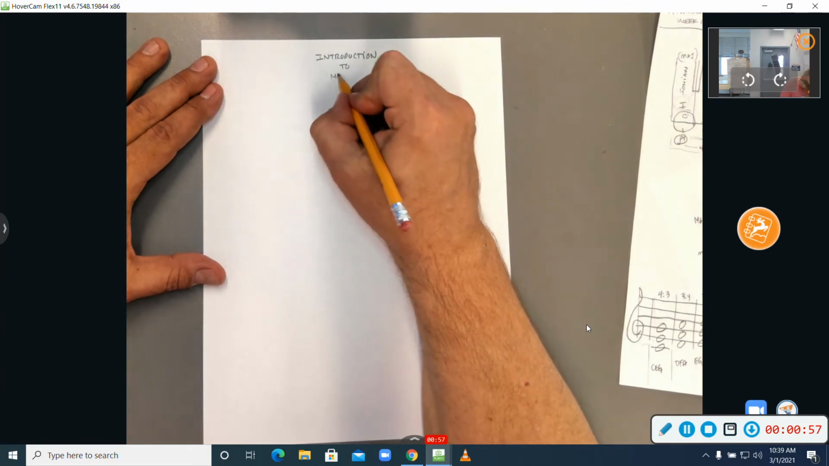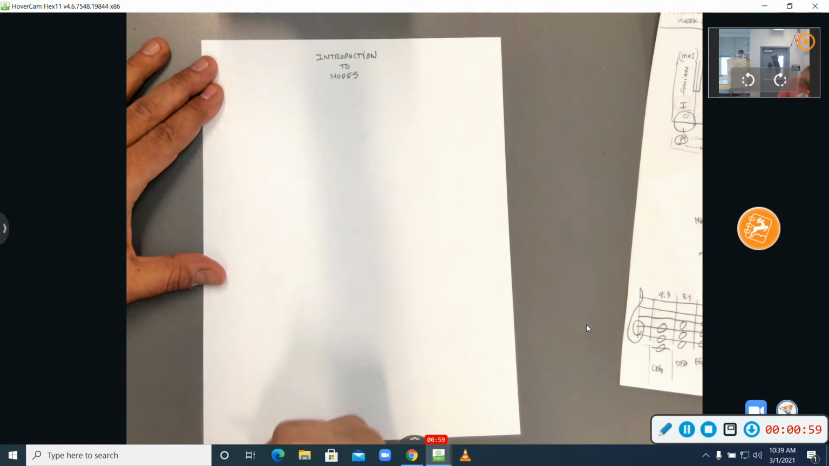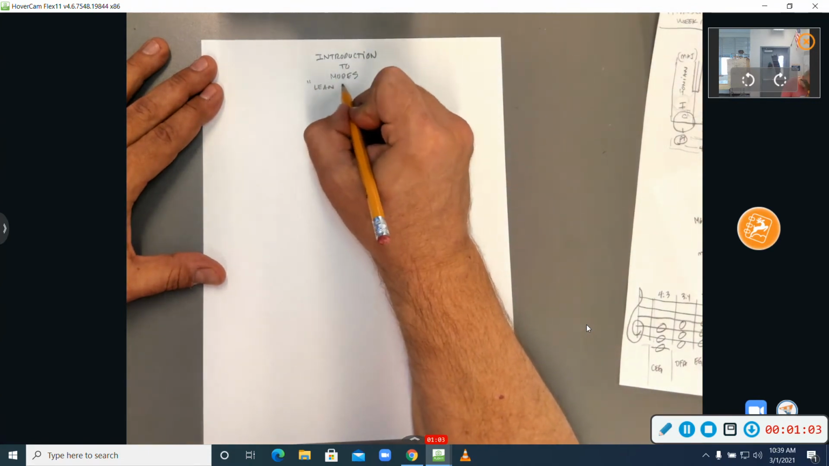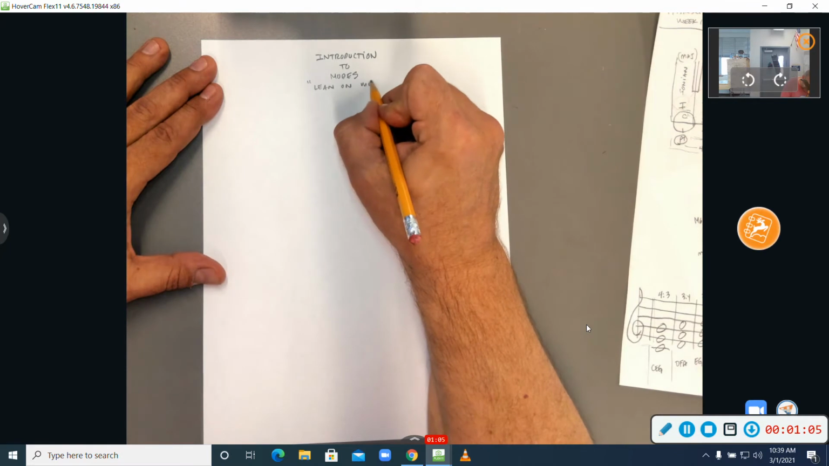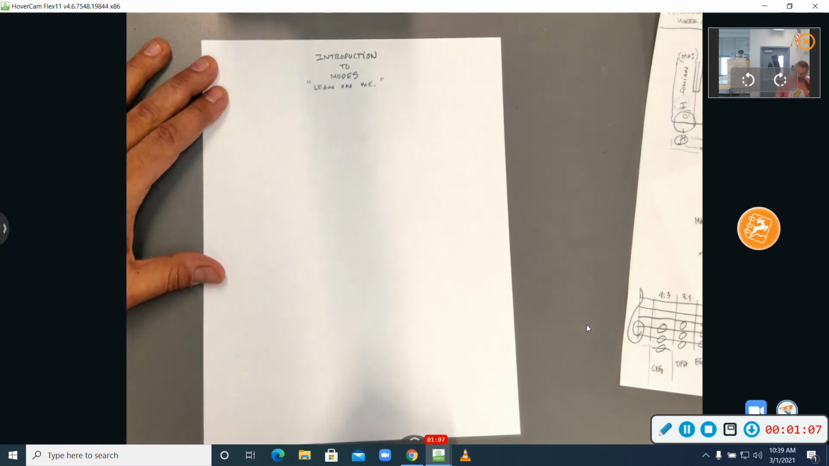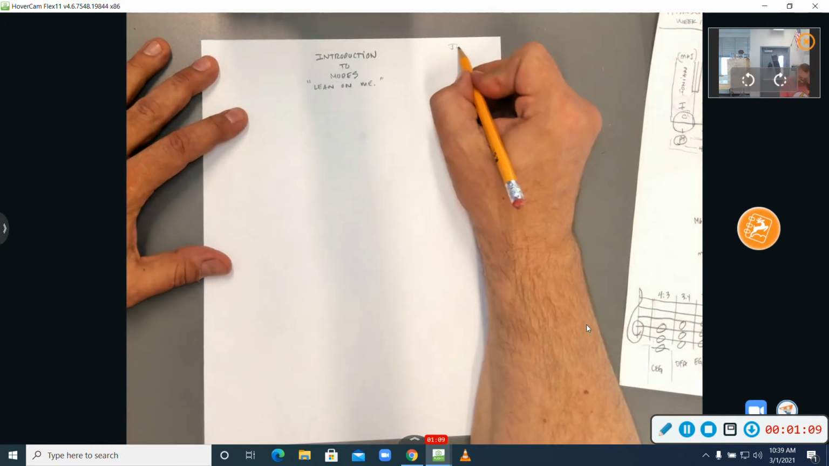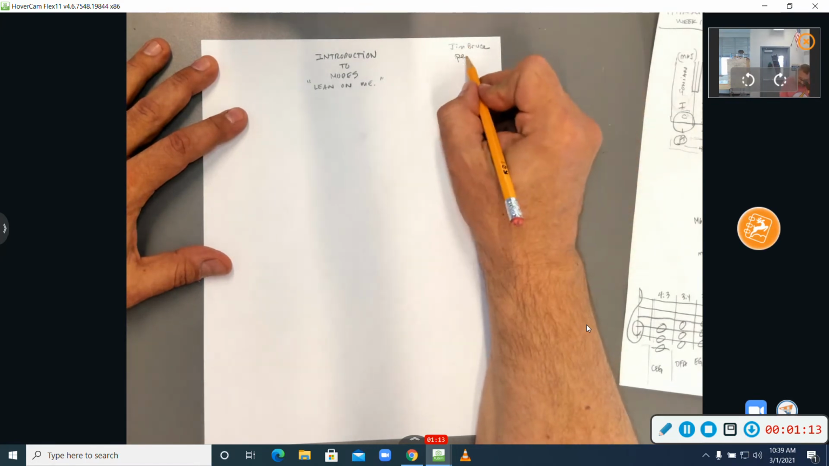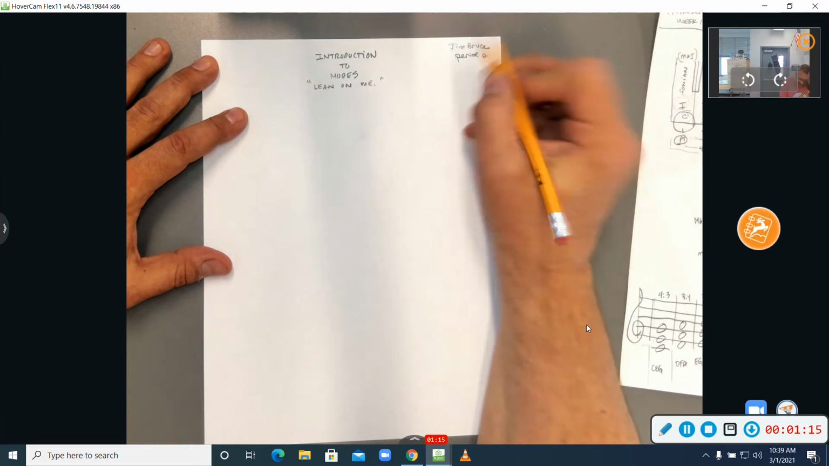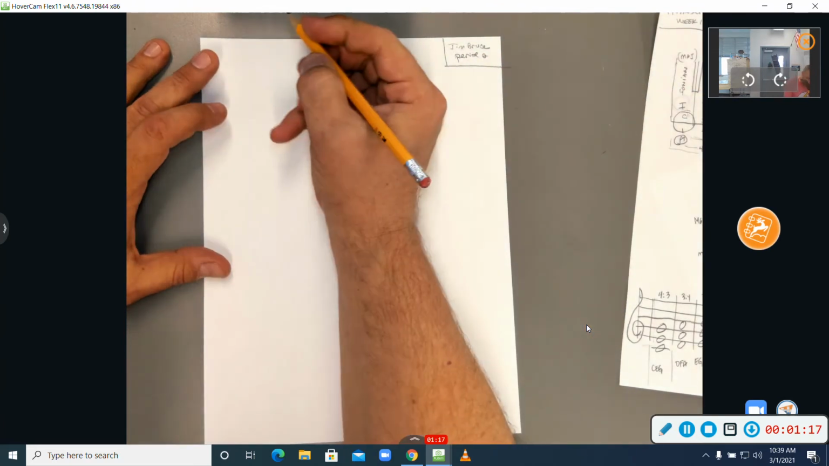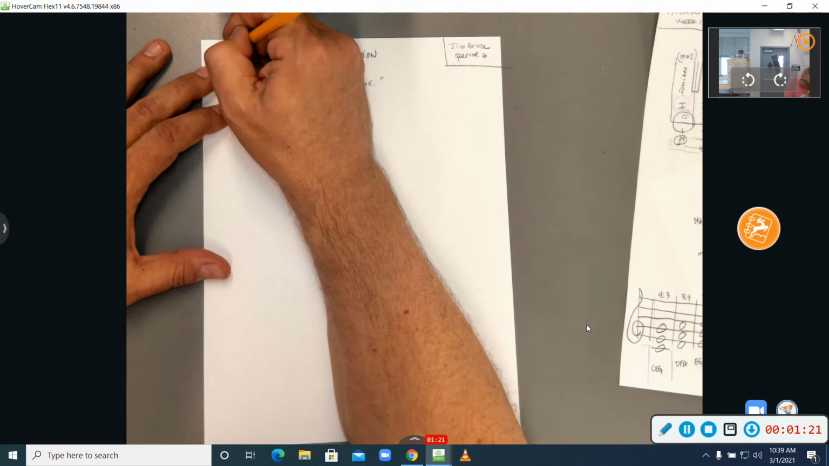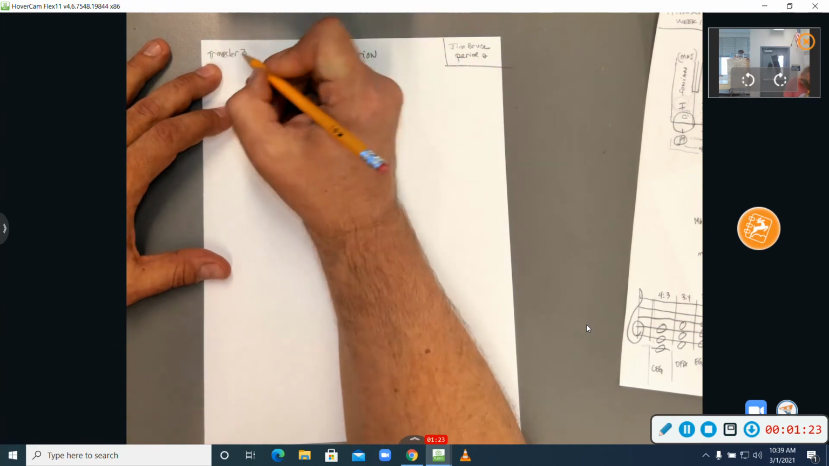Introduction to modes. And that's going to be based on Lean on Me from Bill Withers. Your name is going to be in the upper right corner, and period 0. And I will give you the happy wappy rubric as well online